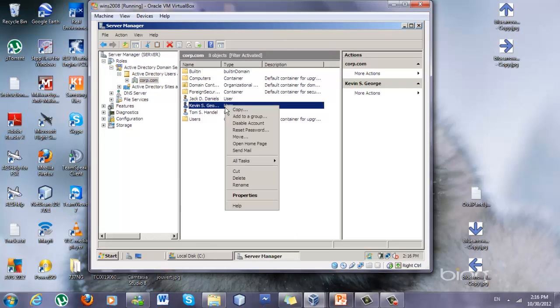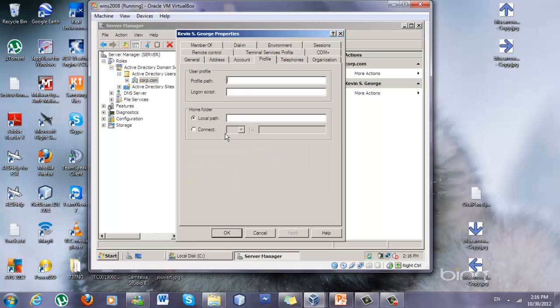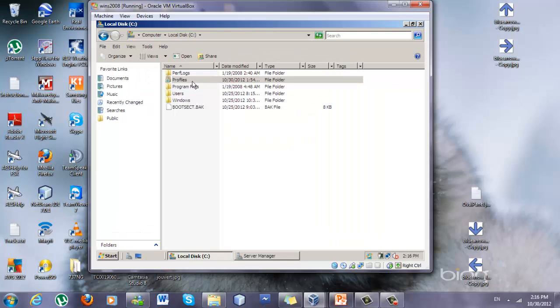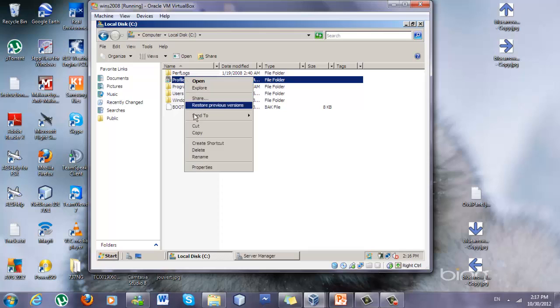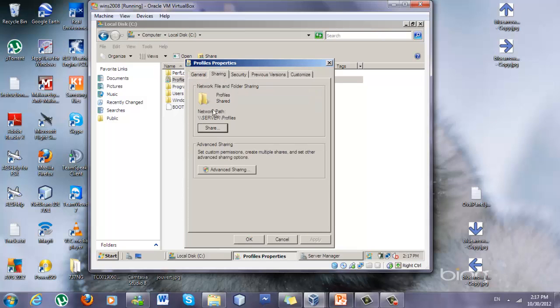Let's right click here now, go on to properties. We right click on Kevin S. George, the user, properties. Then we go on to profile. Now, this is the last step, linking the profile or the shareable folder with the user account. Now we need the path. Let's go back to local disk. Right click on profiles, properties, sharing, and this is our network path. So we can just simply copy this here,